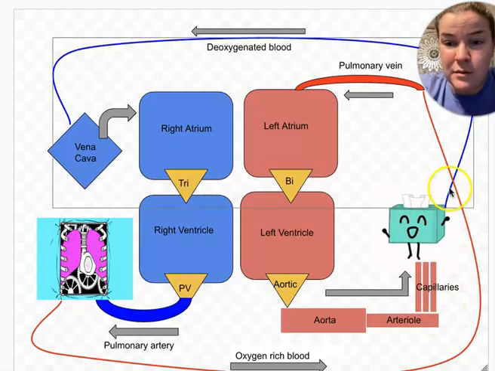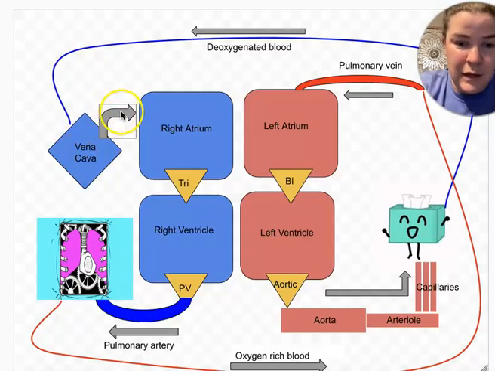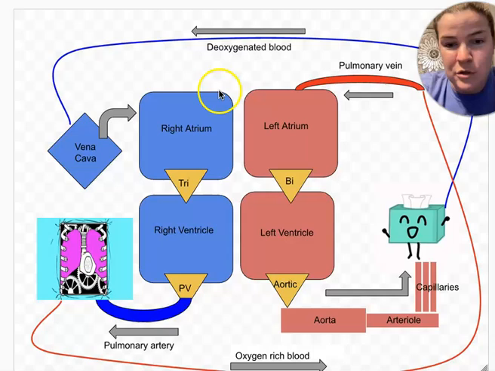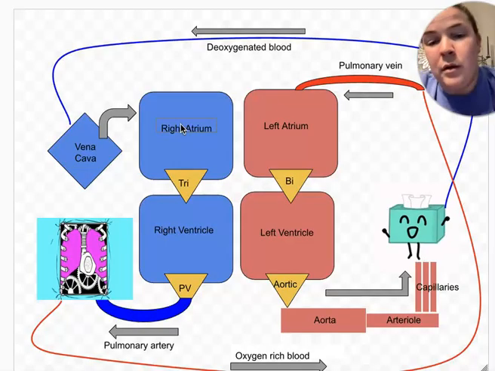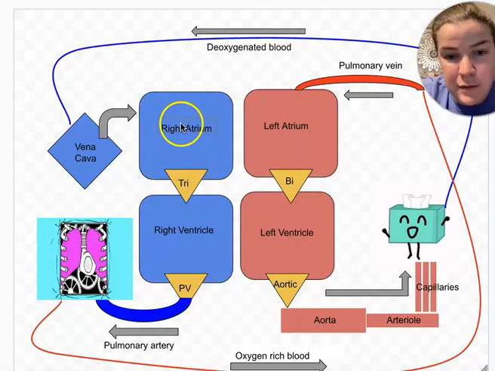So when we look at our trace, this deoxygenated blood ends up at the vena cava superior and inferior, and then ends up in this right chamber called the right atrium. Now, more relaxation and contraction occurs, and blood is sent into a fourth chamber called the right ventricle via the tricuspid valve. From there, it's going to be transported through this pulmonary valve to the pulmonary artery and then back